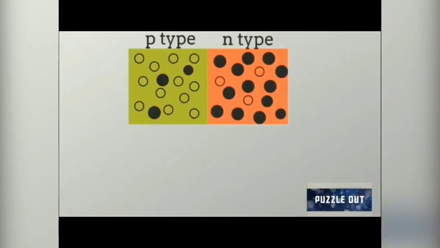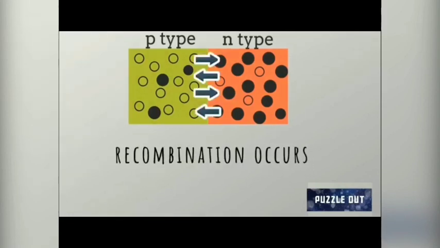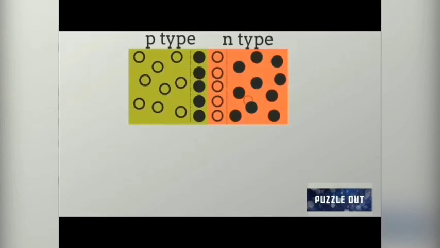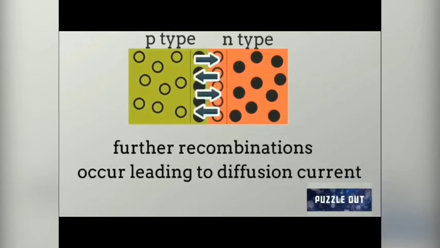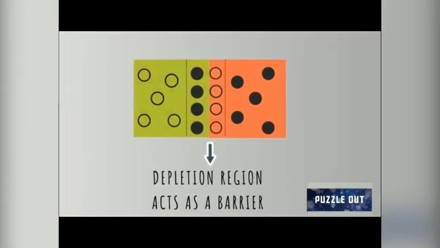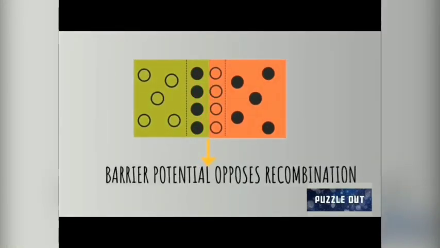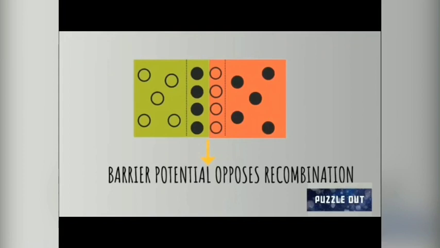The p-type and the n-type join to form a PN junction. Now the electrons in the n-type move towards the holes in the p-type, resulting in recombinations. These recombinations form a depletion layer at the junction. This leads to the space charge region with formation of electrons in p-type and holes in the n-type near the junction. These recombinations also result in diffusion current. Diffusion current is the transport of charges between two non-uniform semiconductors. This depletion layer acts as a barrier and prevents charge transfers from P to N or N to P-type.